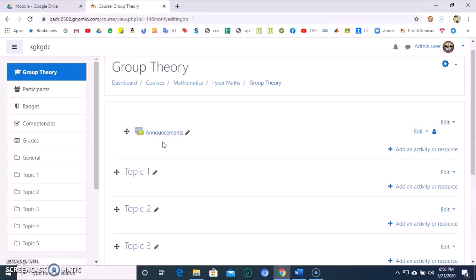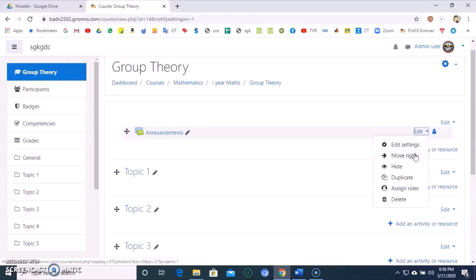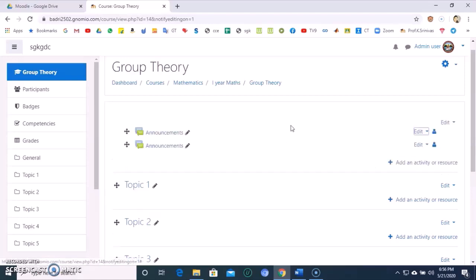If you want to give another announcement, just go to this edit option, click on that, and you will find some more options: edit settings, move right, hide, duplicate. So if you click on duplicate, one more announcement appears. So you can add any number of announcements. You can drag these announcements to topic 1, topic 2 if you want.